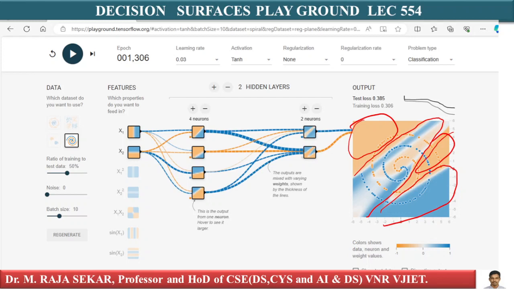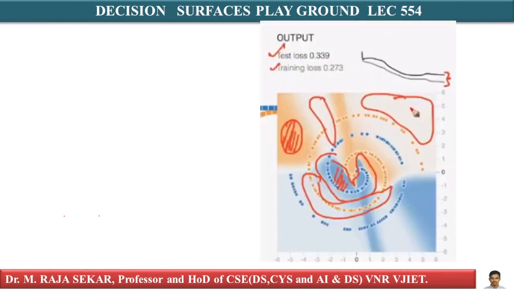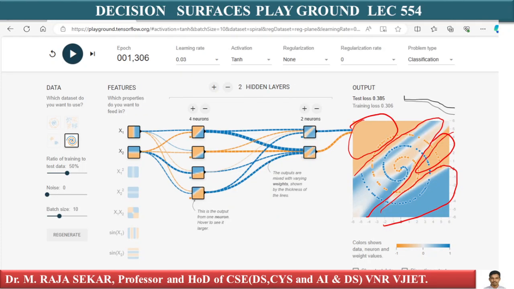Again test loss is large, training loss is large. Again the gap increases between the test loss and training loss, and again overfitting. You will run into the problem of overfitting. Now the fun part is this: even after 1000 epochs, the data set that you have